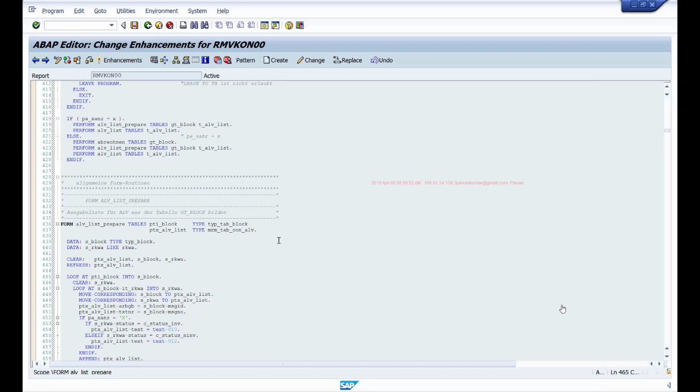Okay, so as you spend more time and as you gain more experience, you'll be more aware of these enhancements. So you'll be able to easily find existing enhancements. Okay, so as a beginner, don't worry if this topic is a bit overwhelming or if you're not really confident, because it takes time. But as I said, the good thing is whenever you want to find an enhancement, you can also search in Google. So that way you should be able to get some hints about which enhancements are available for your requirement and what you can implement.